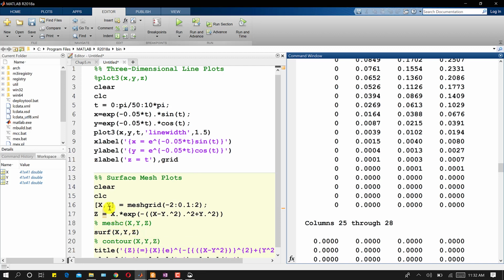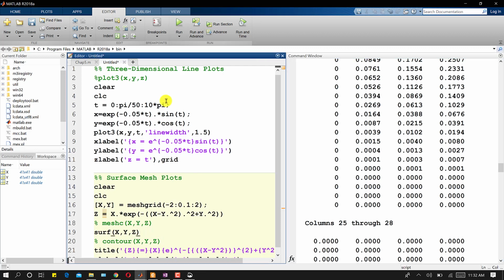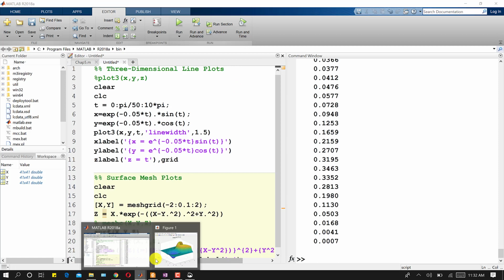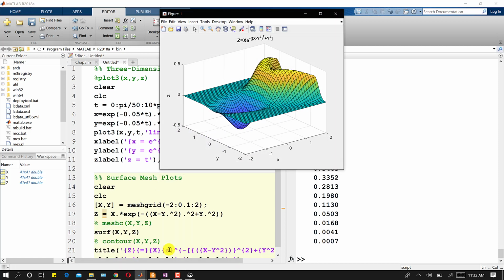So x and y are the mesh coordinates, and z is a function of x and y. This surface function will plot the 3D surface. So if I run this, we will have this 3D plot.